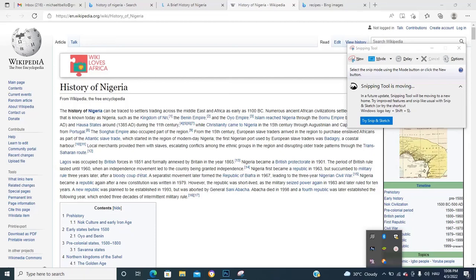In today's lecture I'm going to show you how you can use a snipping tool. A snipping tool is actually an application or software that comes with Windows. It helps you to capture all or part of the screen or a part of the web. Now, without much wasting of your time,